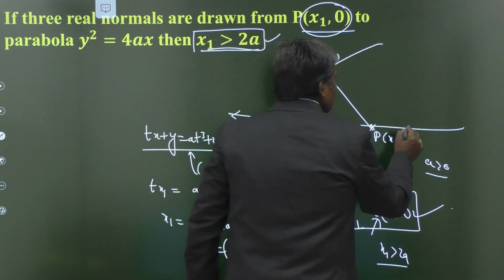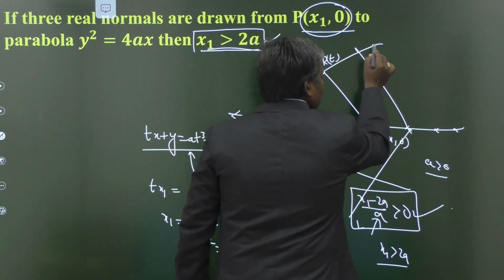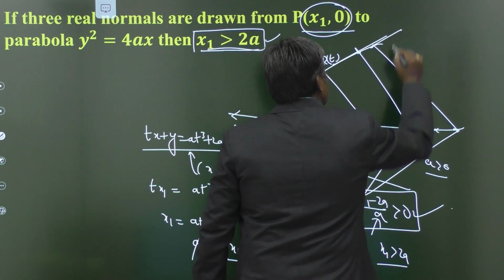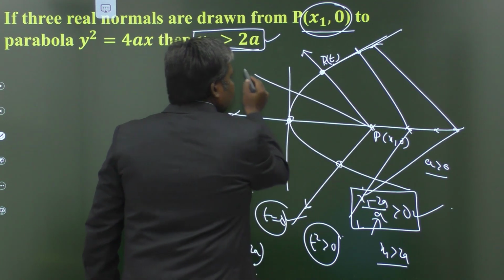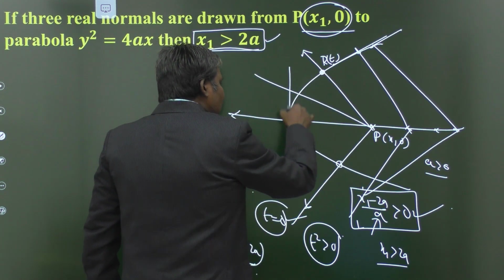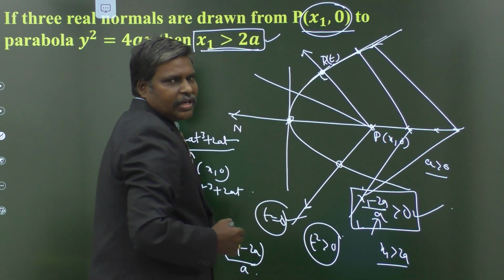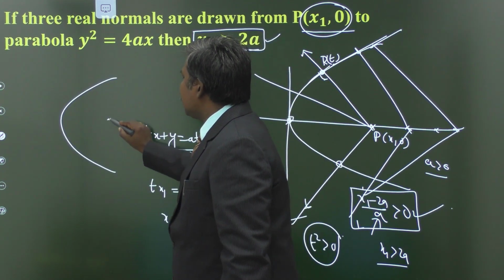Suppose your x1 is here, here or here, whatever it may be, we can draw three real and distinct normals. At that point, the tangent will exist. That is the meaning here. So, you can draw another line also. You can draw 4 lines through that point also. But at those 3 points only, if you draw the tangents, they make 90 degrees. Some of the students may feel that you may draw so many lines through that point.